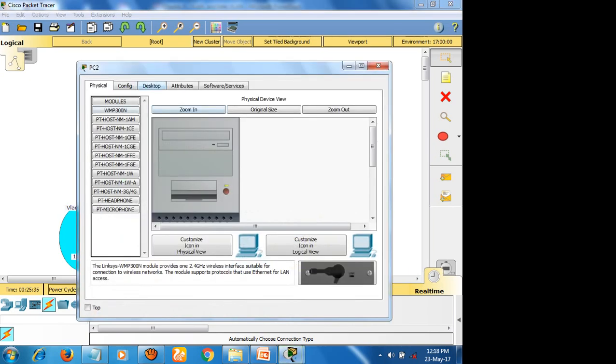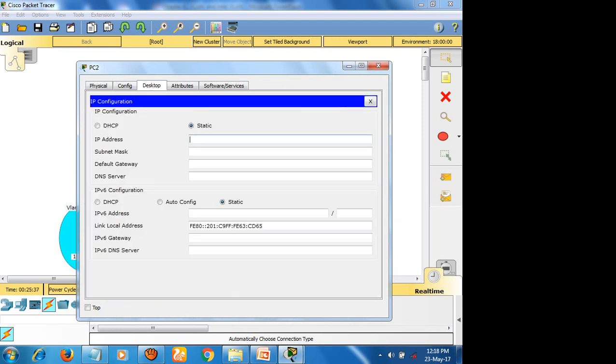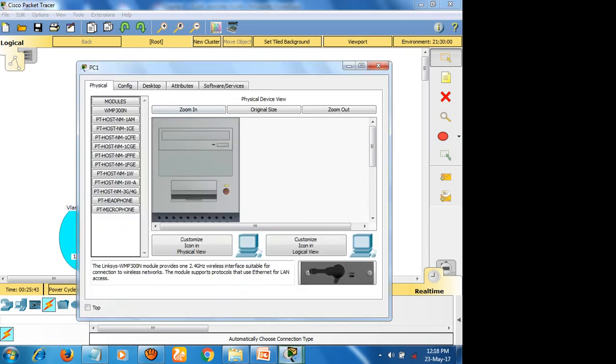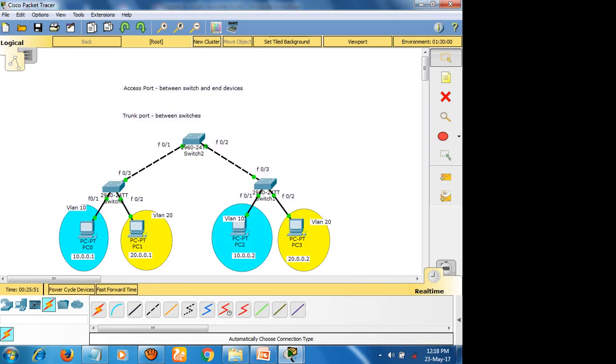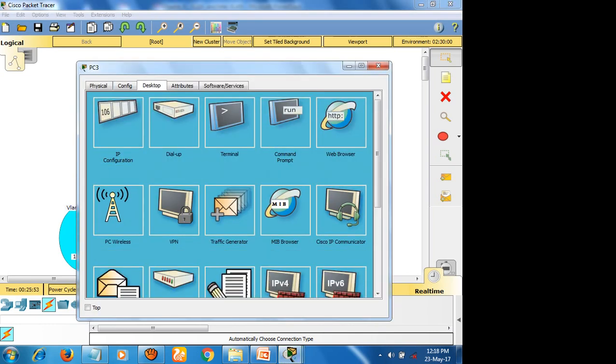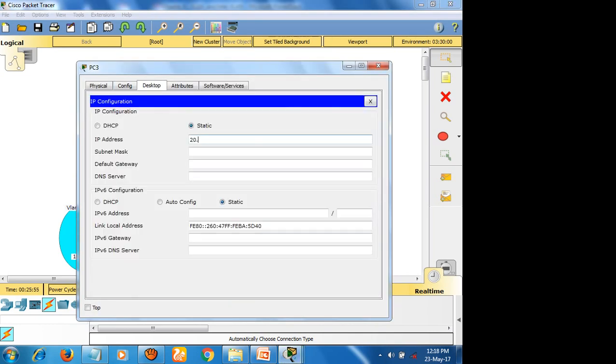And for this 10.0.0.2, this is 20.0.0.1, and this is 20.0.0.2.